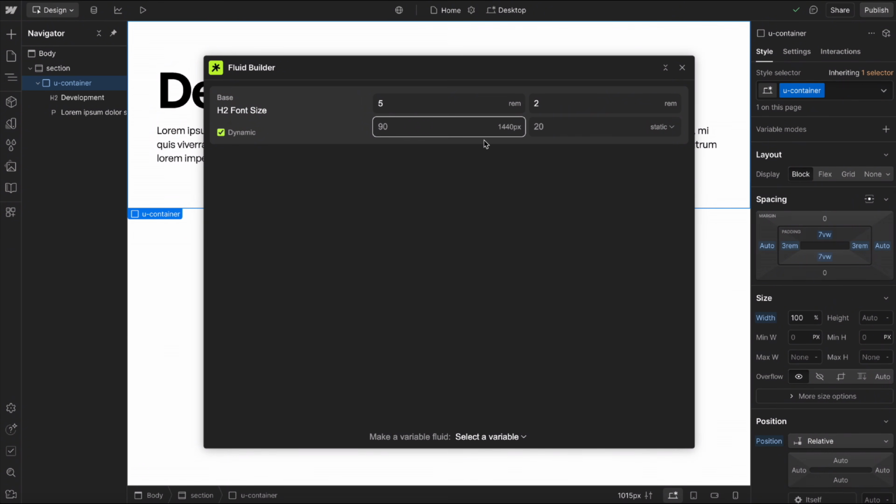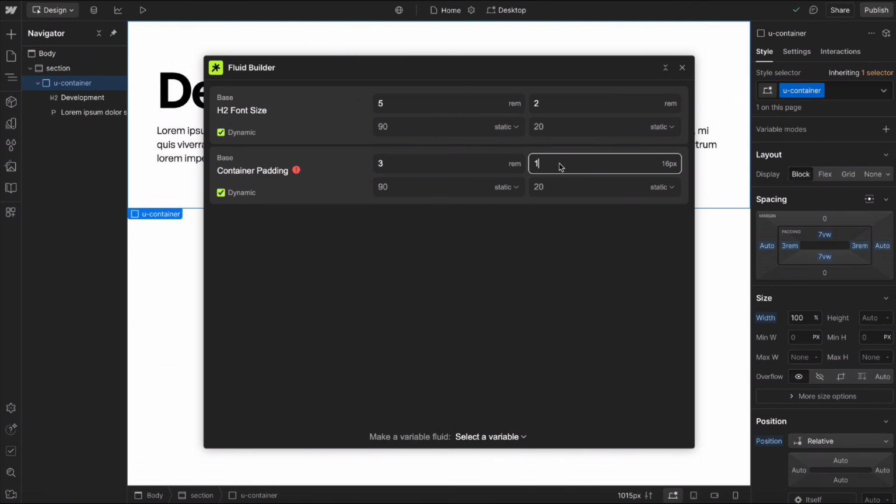So it's going to be 5rem at a 1440 screen size. It'll shrink down to 2rem at a 320 pixel screen size. And if I add in my container padding here, I can make that 3rem on desktop, 1rem on mobile between those two screen sizes. Now notice we get this accessibility error because the difference between our max and min size